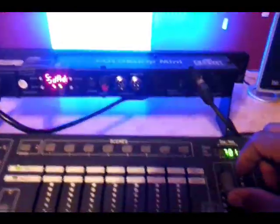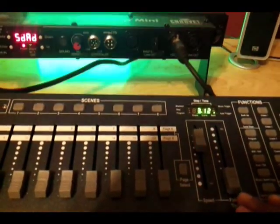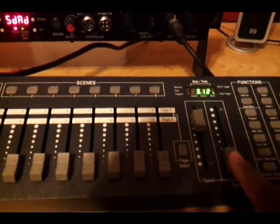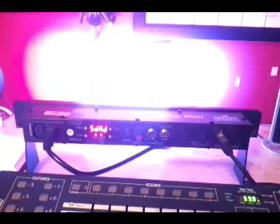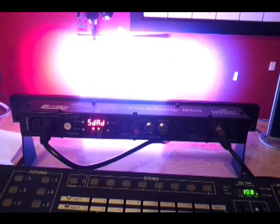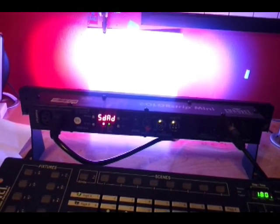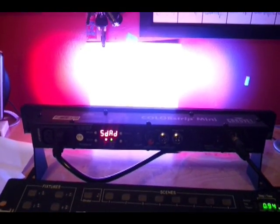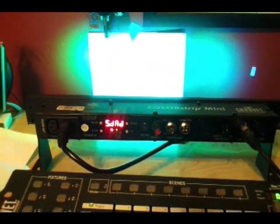Now if you want to speed it up, these two control the speed. Like this one controls the fade, how it goes from one color to the next, and this one controls the speed of all the chases. So this one's fast. If I want to slow it down, okay, I can slow it down. Let's see. This is real slow. Okay, so I picked the blue,